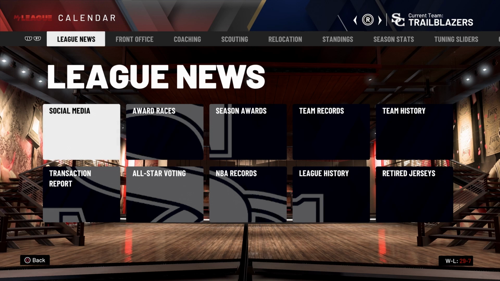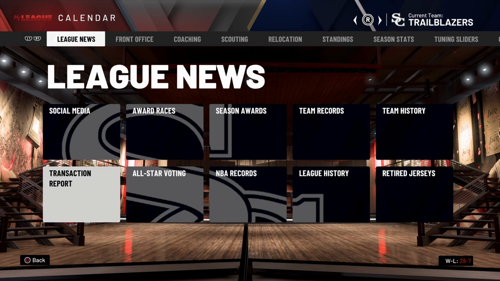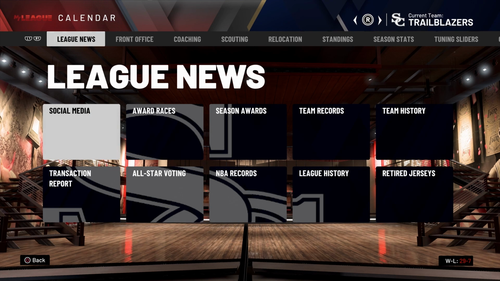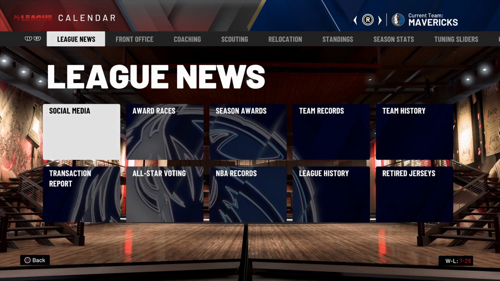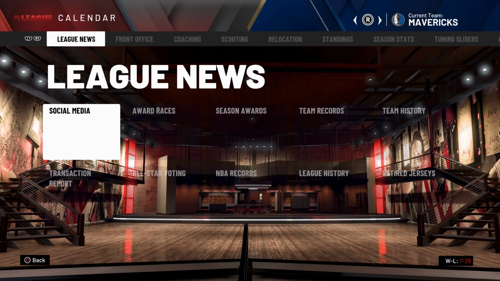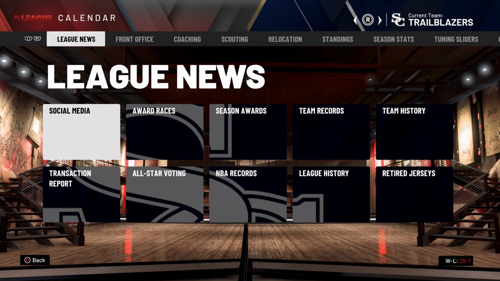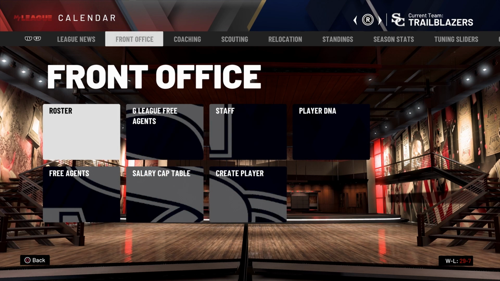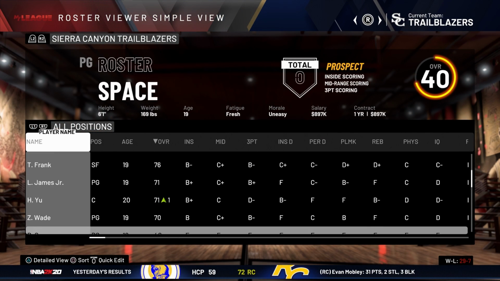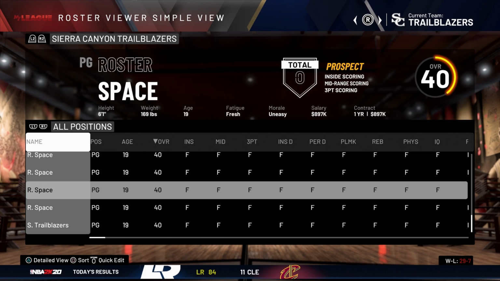I keep on getting a bunch of comments on how to add a creative player to a custom roster and how to player lock that player. So I'm gonna show you how to do that. So once you got your MyLEAGUE set up, with the right analog up top, you want to choose the team that you want to add the player to. So I'm gonna scroll over and I'm gonna choose the Trailblazers, Sierra Canyon, and then I'm gonna go to front office, hit R1, go to roster,